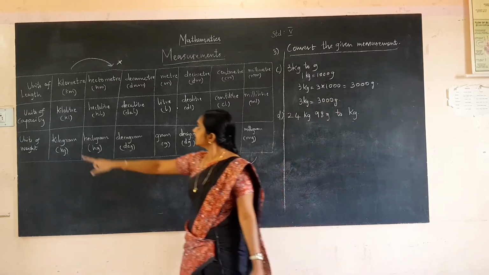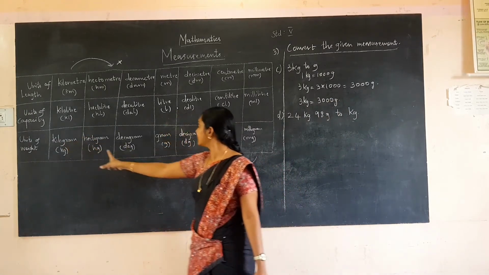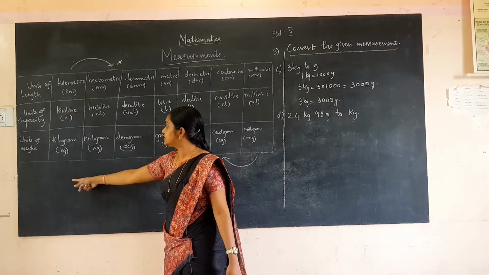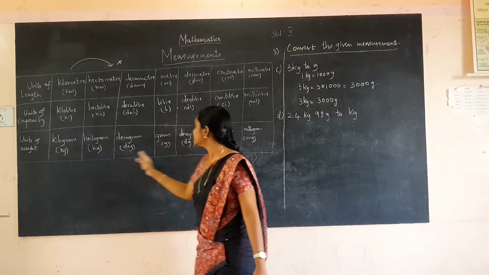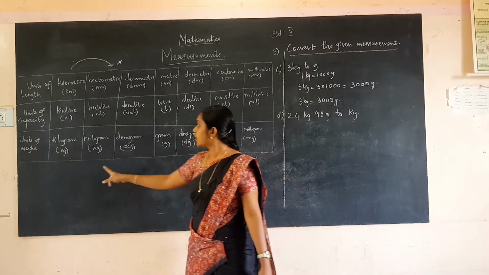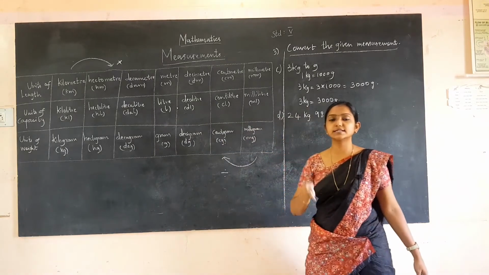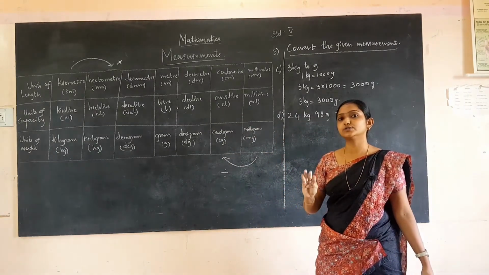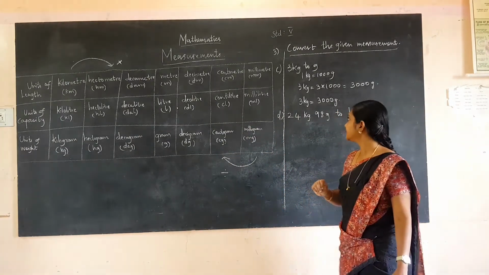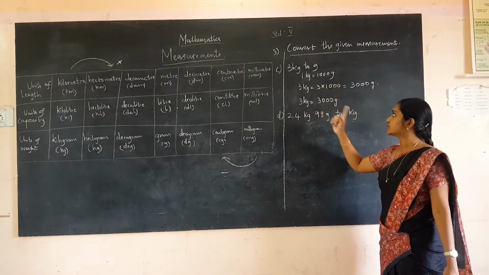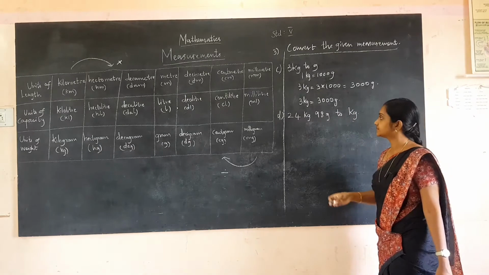We are converting from kilogram to gram. So we have to multiply. We are moving from larger to smaller, so we have to multiply. Count the places 1, 2 and 3. So we have to consider it as 3 zeros. So it is 1000. So we have to multiply it by 1000. If you multiply 3 with 1000, it is 3000. So the answer is 3000 grams.